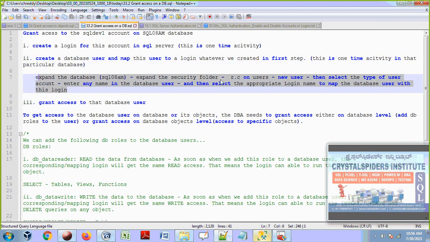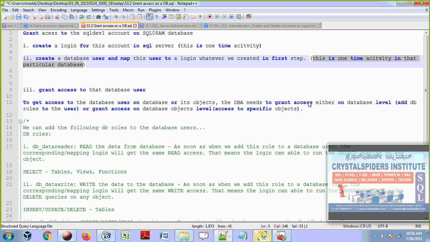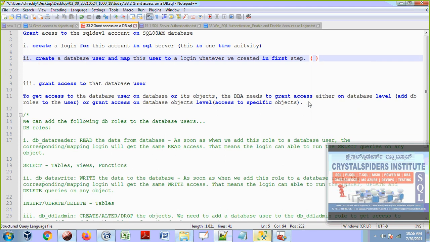This is one of the ways, guys, but I don't want to take this step. This is a very complicated step. So let's do this one. Use the user mappings by right click on the login, go to the properties. We already did this, guys. I'm just going to show that now here.